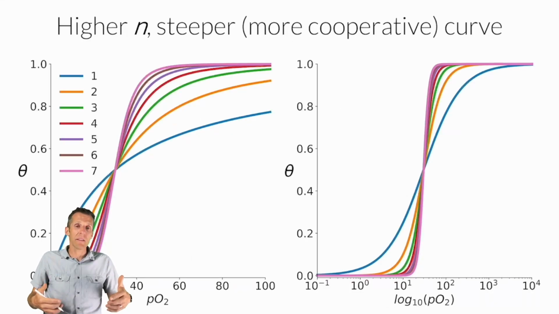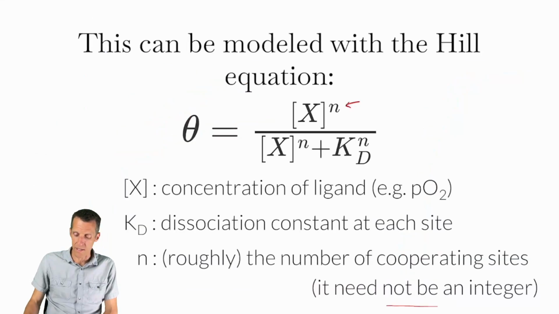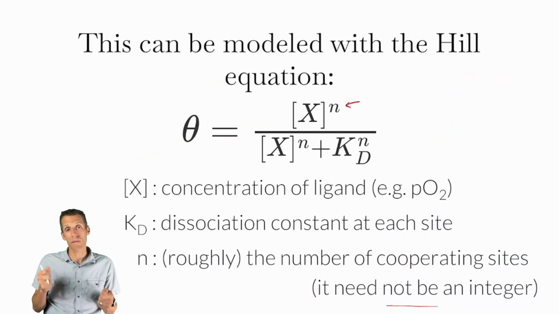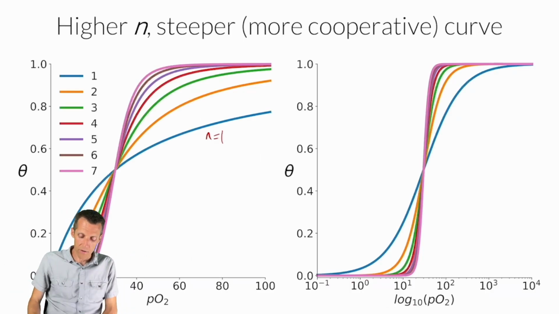As you increase the N, you make a steeper binding curve. So here is N equals 1. Looks a heck of a lot like a myoglobin curve, and of course it does. I'm going to go back a slide. Because we're putting an N in, and if we have an N of 1, we just get back a normal binding model. But as we make the N higher and higher, we get steeper